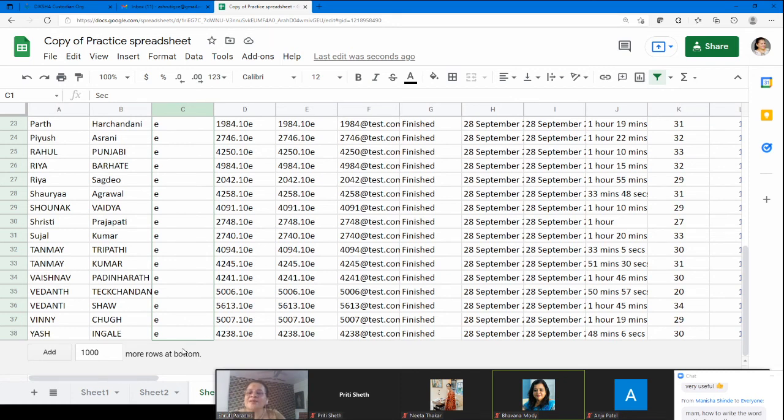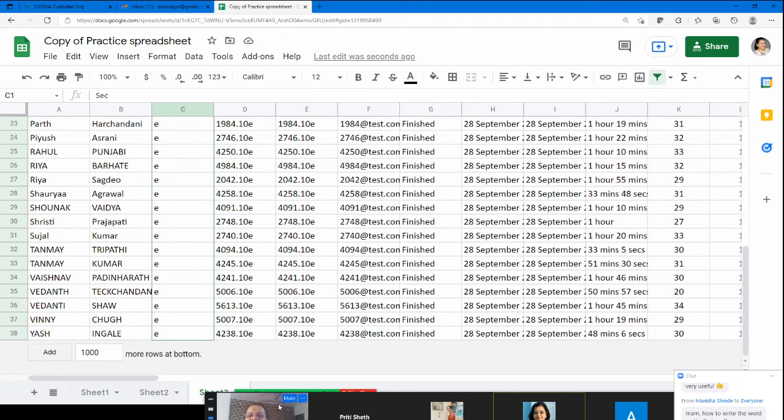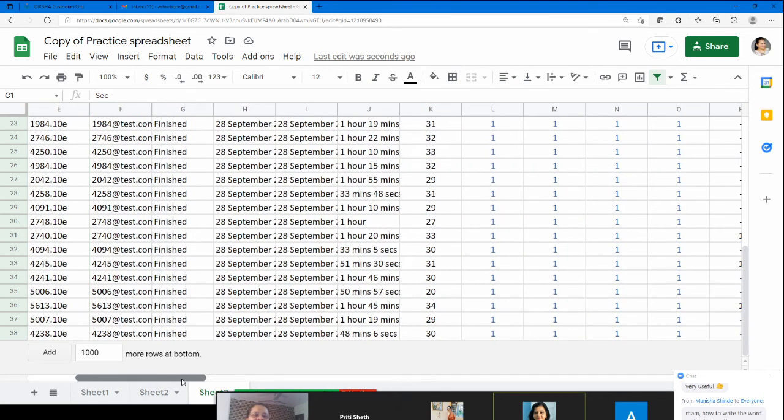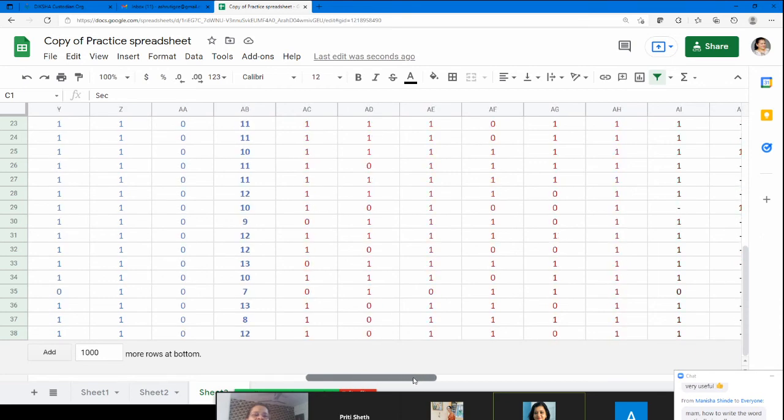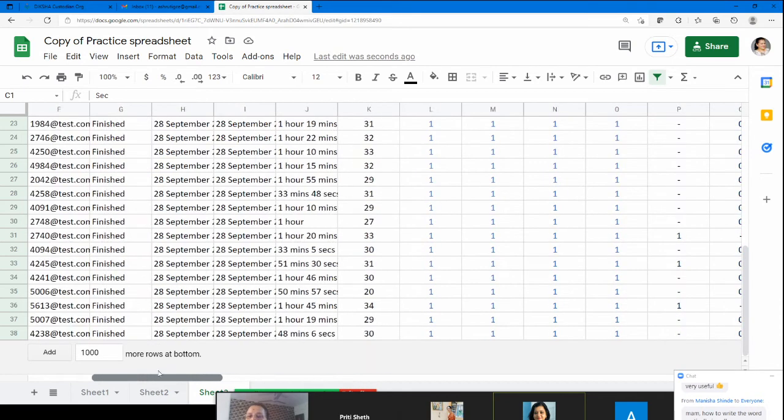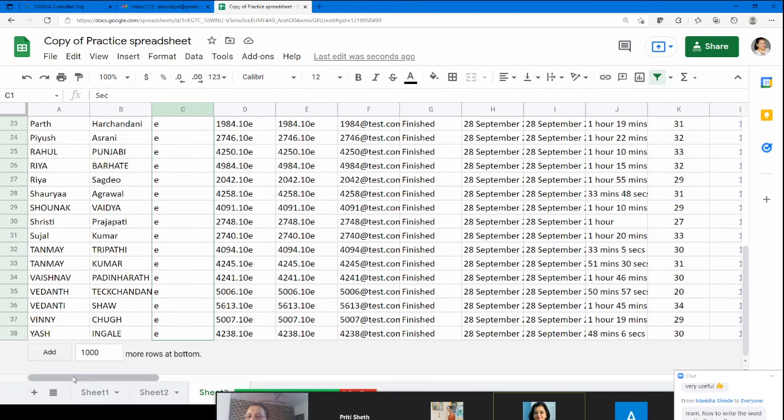Now it was also asking whether you want to sort the data according to color, because this is physics, chemistry and biology, so they are in different colors. You can see blue, then you've got red, and so on and so forth. So you can also filter them according to color.